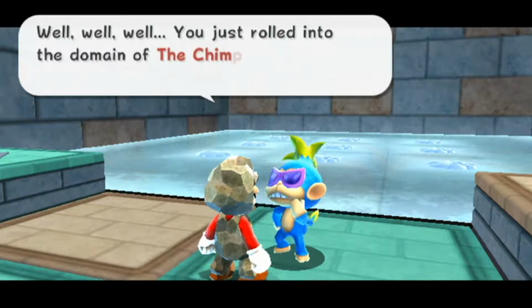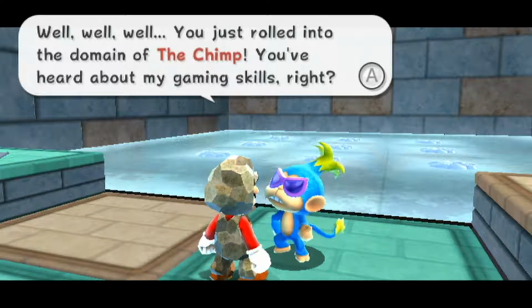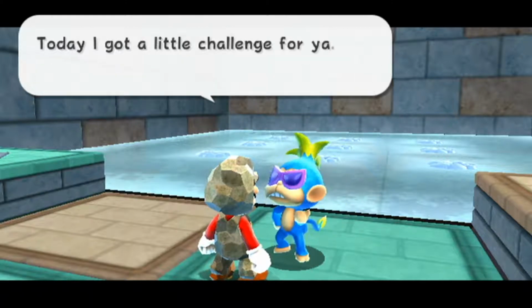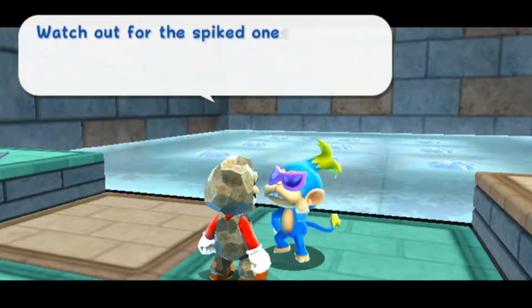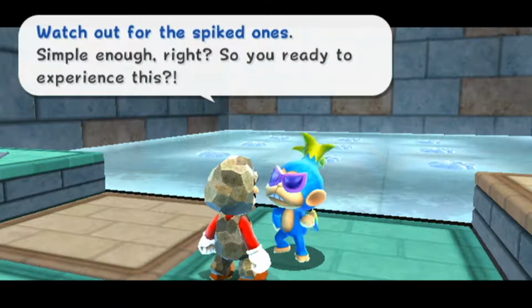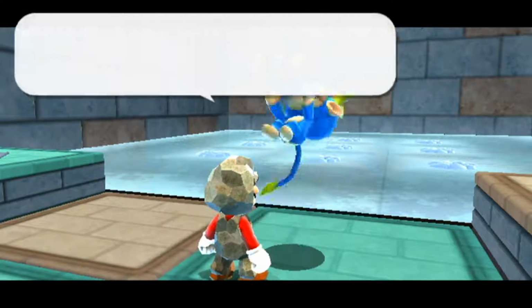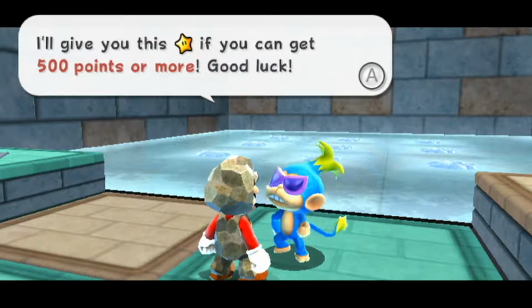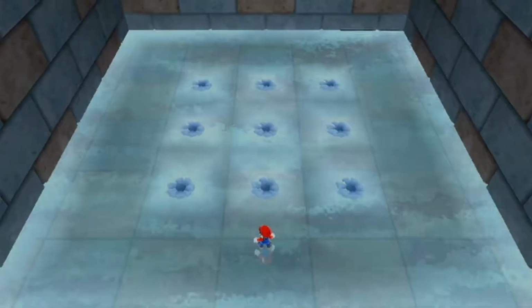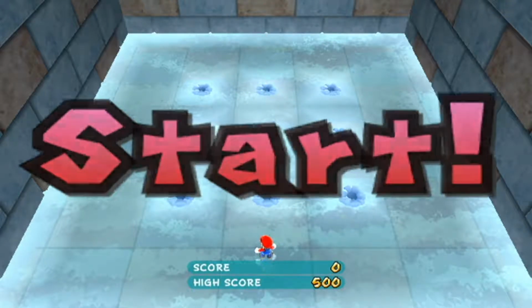Well, well, well, you just rolled into the domain of the chimp. You've heard about my gaming skills, right? Today, I got a little challenge for you. To skate and bump the enemies. Watch out for the spike ones. Simple enough, right? So, you ready to experience this? You bet I am. I'll give you this power star if you can get 500 points or more. Good luck. So, they take away our rock power because, one, that'd make this way more difficult, honestly, and two,